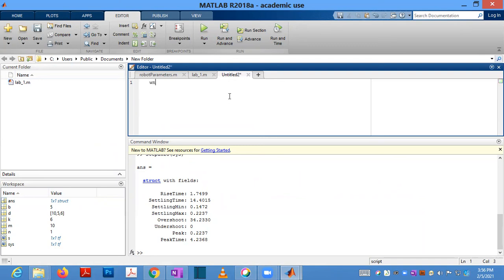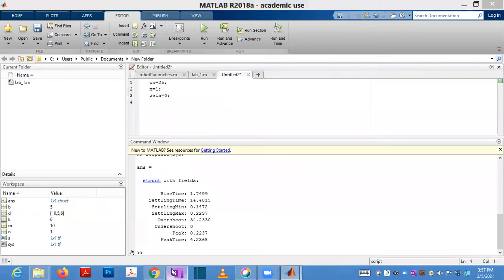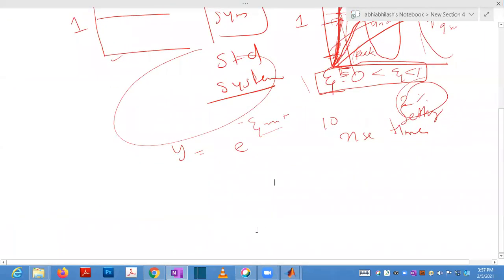So omega n equal to 25, n equal to 1, and theta equal to 0. With theta equal to 0, you are considering this system only.